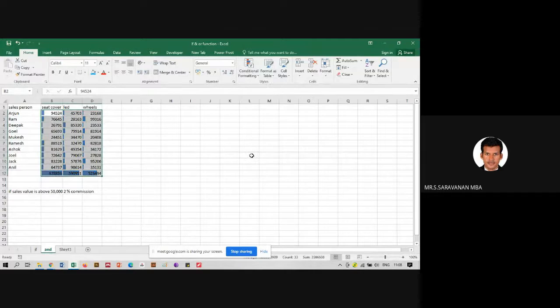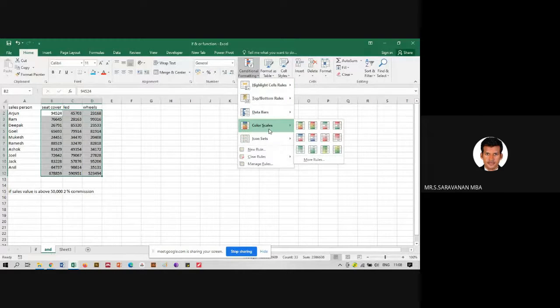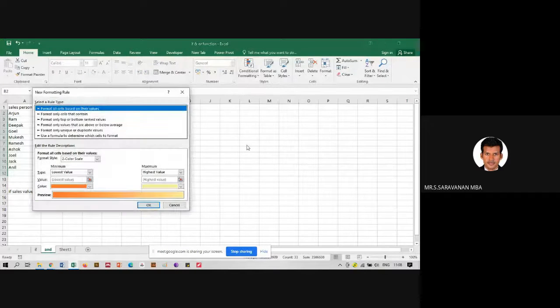You can change any kind. So how it has progressed. Okay, this information can be given graphically to students also, how they have progressed from first year, second year, third year, and fourth year also. Based on the marks. Say this is reference point. Common reference point is marks. Clear the rules. Again, we can go to color scales also. You can give any kind of color. We can go for more rules also.